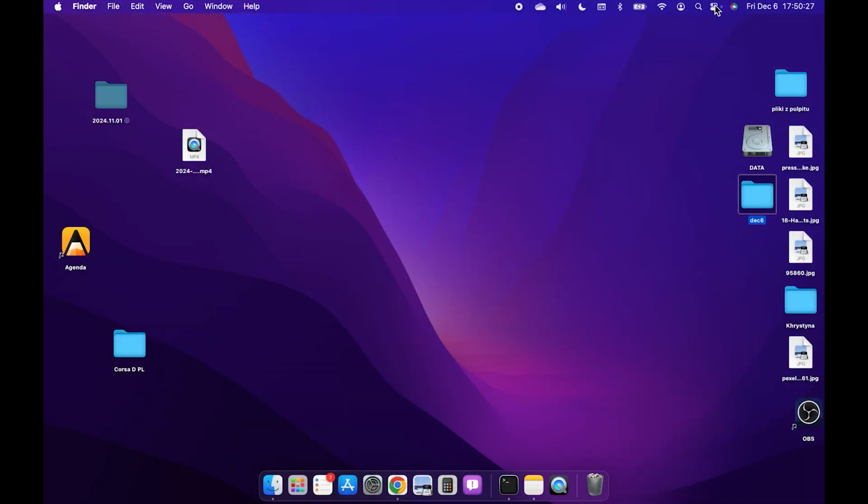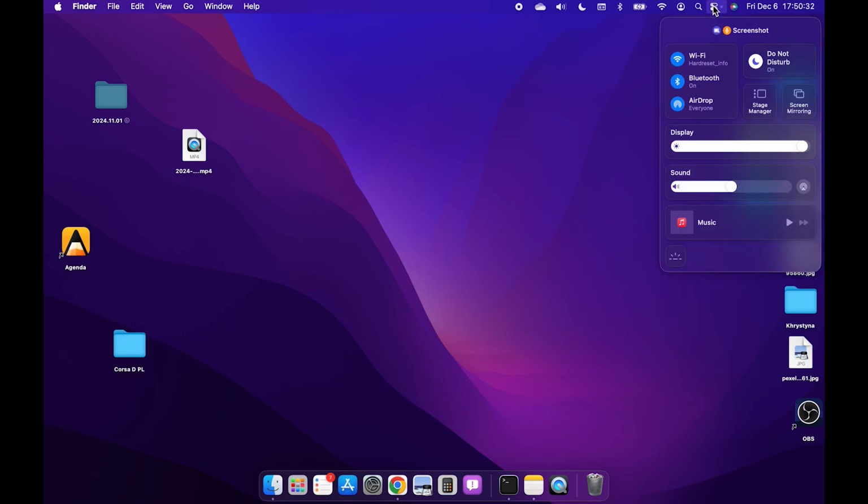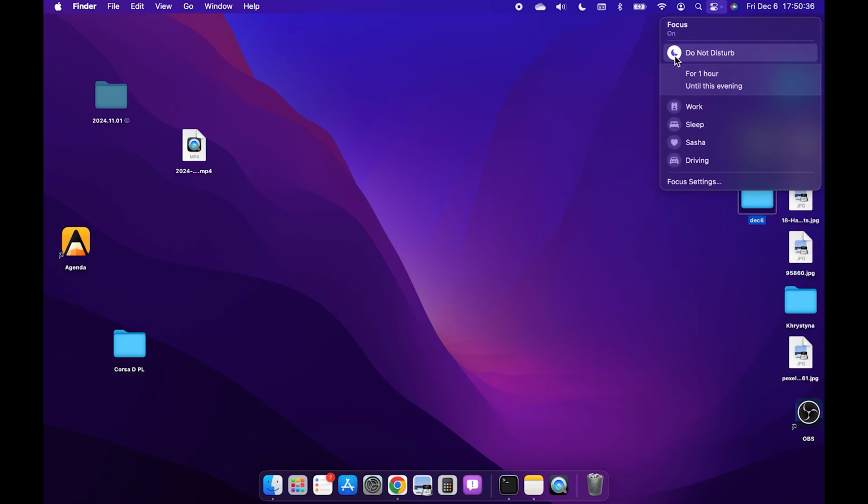To do that, click on this button right here to open the control center, and now go to Do Not Disturb and turn on Do Not Disturb, and that will work. When it says that it's on until, for example, tomorrow, then it will be on a schedule, but you can